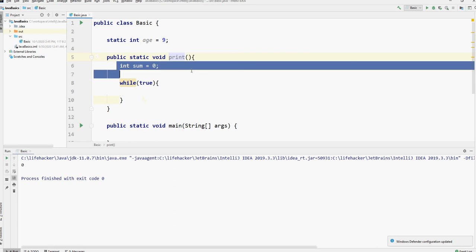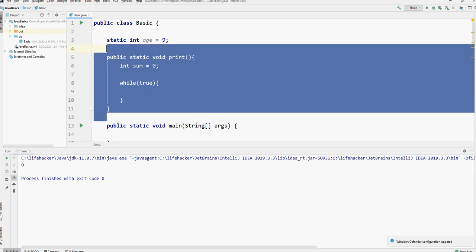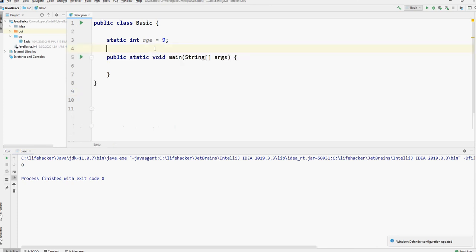That means this variable will always exist, because the context in which it exists doesn't terminate. That's what I mean by this local variable can still span a long time depending on the context in which it exists.